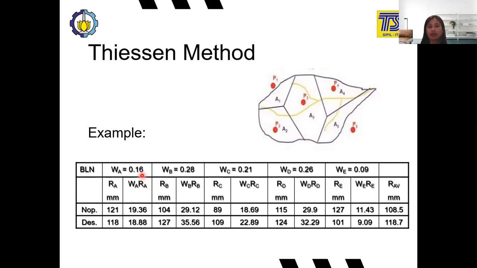And then we got the weighting factor of station A of 0.16, and then we can multiply it with the rainfall from station A, and then we got WA multiplied with RA equal to 19.36, and we calculate for the other stations also, and then after we calculate for 5 stations,